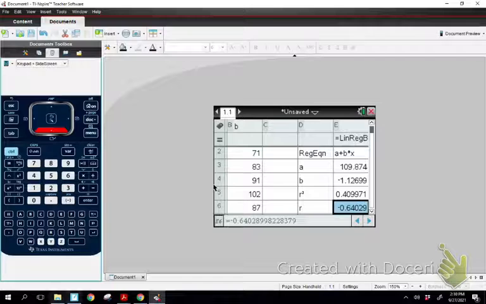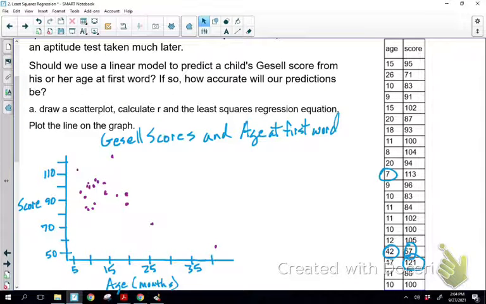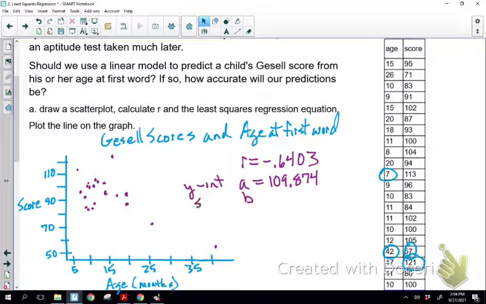And we want to go back to our graph. It said to calculate R and the least square regression equation. So I think in this video we only have time to write down the results. We got R as negative 0.6403. I got A, which is my y-intercept. Let me label that right here as 109.874. And B, which is my slope, as negative